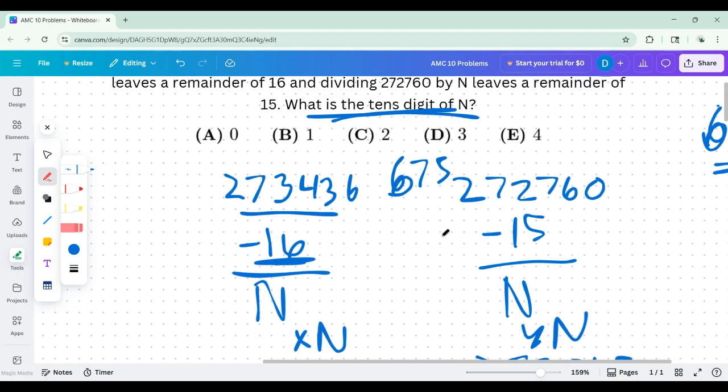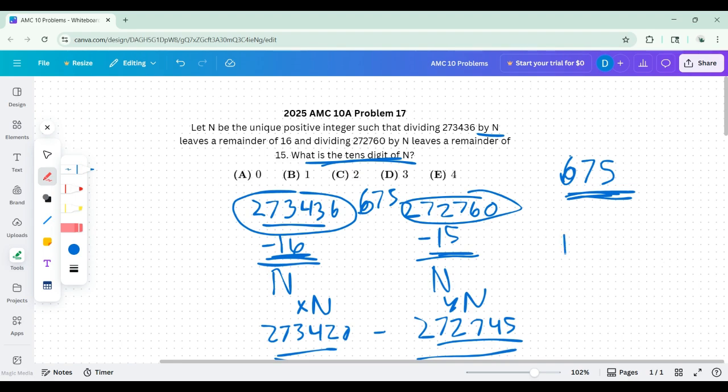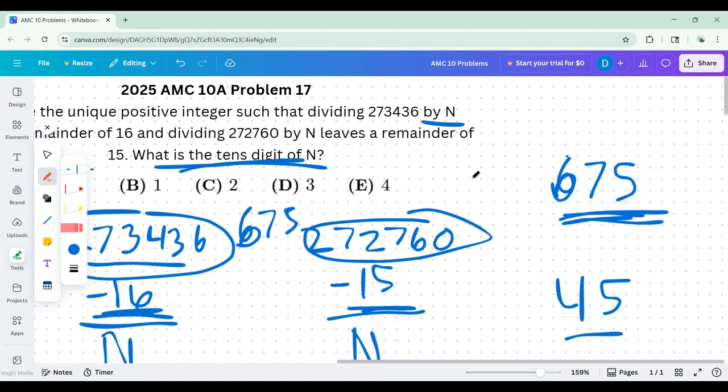And when I mean check, we can go back to our original two numbers that we have. So we have 273,436 and 272,760. And then we divide by each factor of 675, or test each factor of 675. And then they should give us these two remainders. And if we go down the line and test every single one, we'll find that 45 is the only one that works. So the answer to this problem is E, because the tens digit